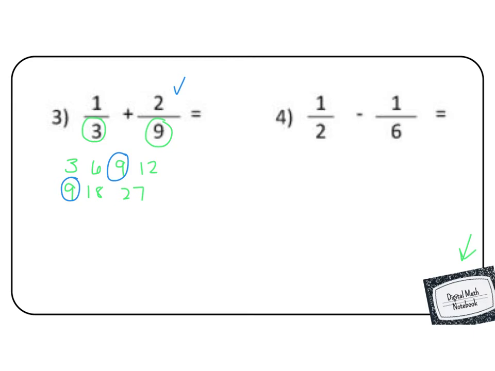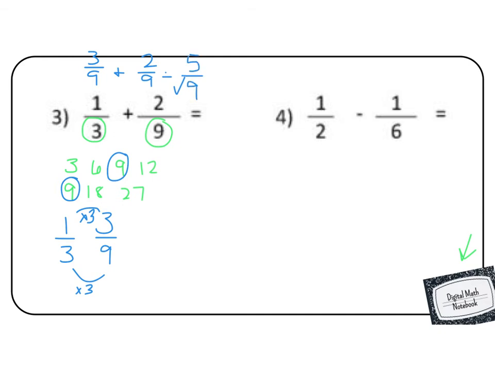So 2/9 is already done, but I need to change 1/3 into something over 9. In order to make 3 into 9, we multiply by 3, and whatever we do to the bottom, we have to do to the top. So 1 times 3 gives me 3. So this would be 3/9 plus 2/9 gives me